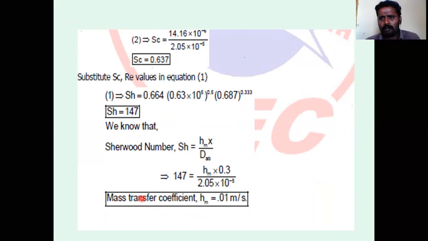It's a simple problem. It's asked in university questions. It's the easiest way. First we calculate the property values from the data book. Next one is the Reynolds number. Another one is the Sherwood number. Another is the Schmidt number. Then from the data book value, put the value of the Sherwood number, local Sherwood number or average Sherwood number. Then we calculate from the